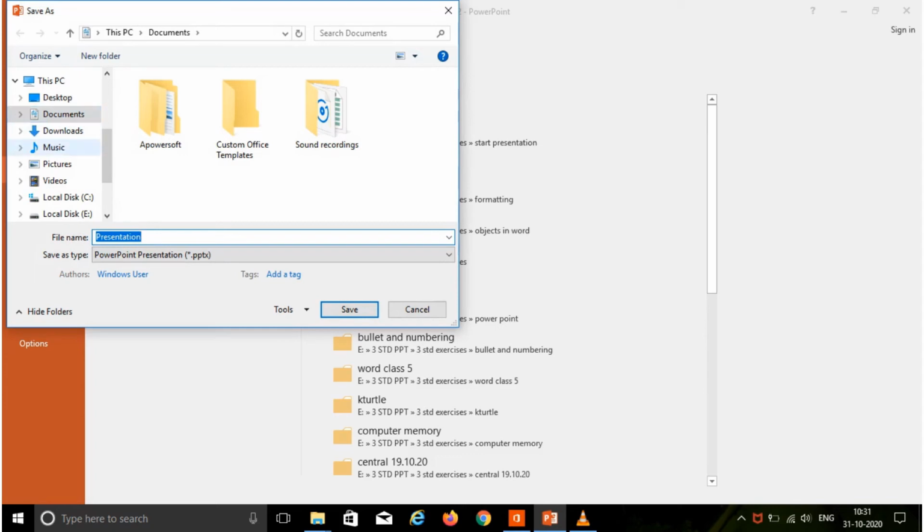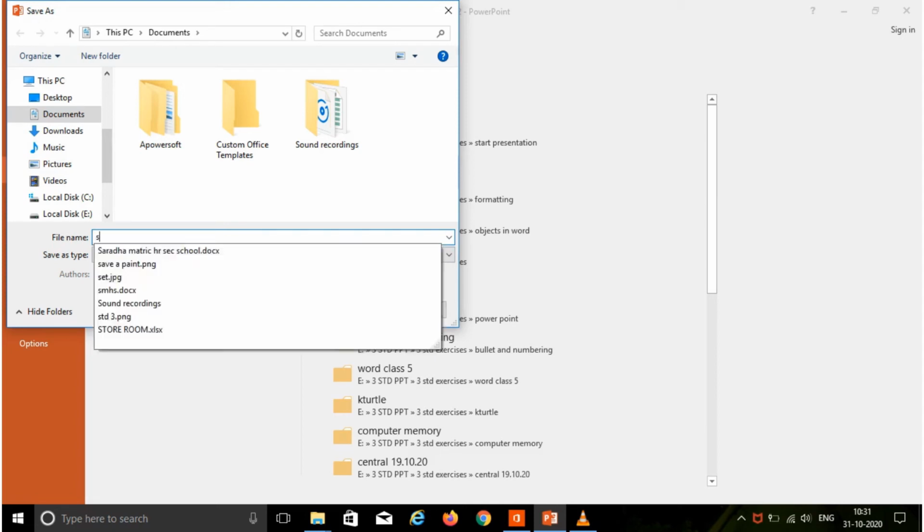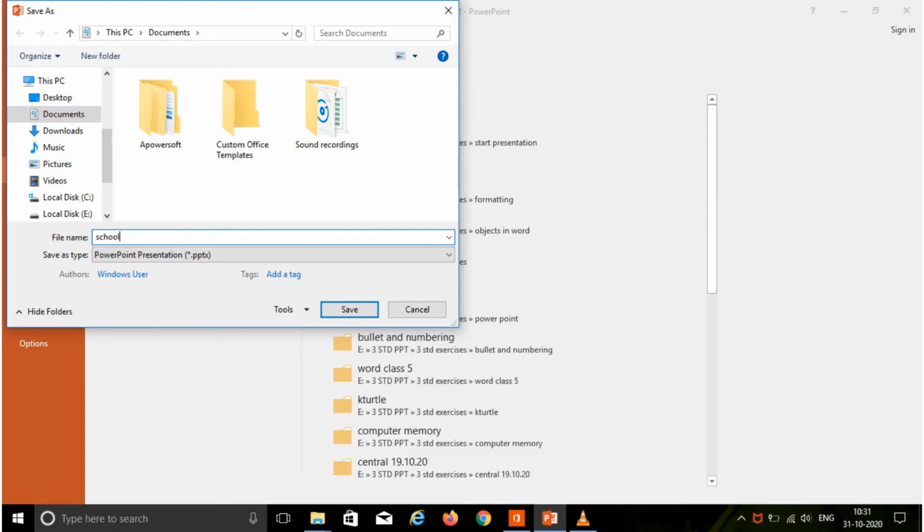Here I am selecting Documents. After that you are going to type a file name for the presentation in the File name box. Here I am giving school as the file name.